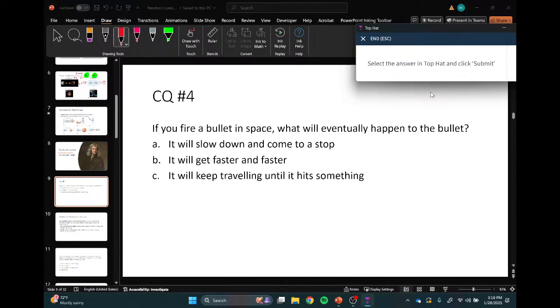So as long as your grade is showing up in Top Hat, you're good. There are about 10 to 20% of people whose grades aren't syncing to Canvas, and I just have to do those manually. I found the reason why. There's no way around it. But as long as you have a score in Top Hat, where do I find that? Should be somewhere. I'm not sure what it's going to look like on your end, but you should be able to see your points and things like that in Top Hat.